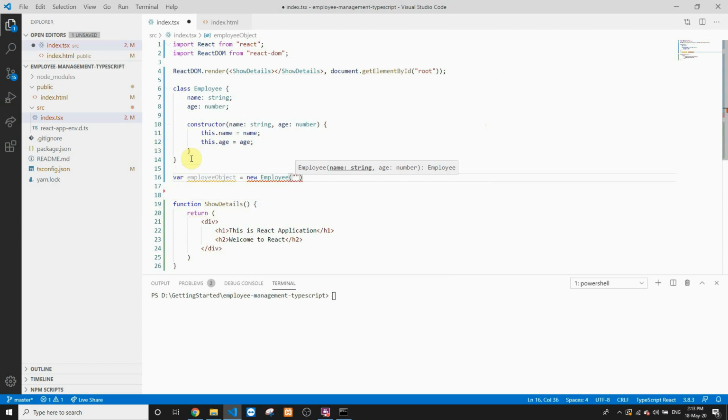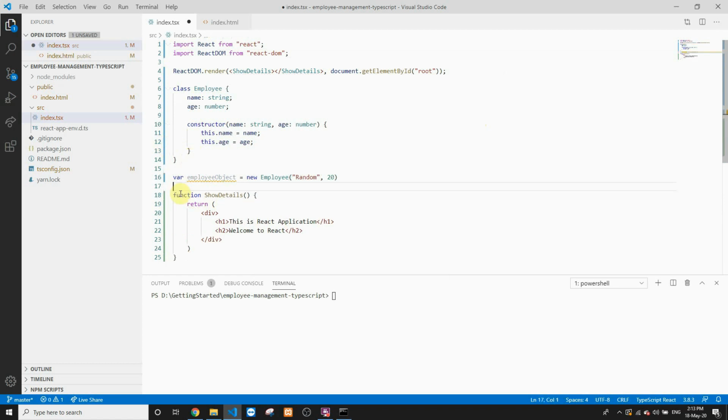So let's pass a default name, random, and an age, 20. What I need to do next is render this particular name and age in my component. So inside this h1 tag, I want to say this is React application, welcome, and the name of the user. So I can say welcome, and I want to render a property of this employee object over here in this particular template.